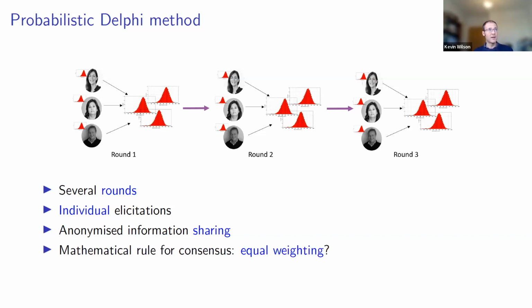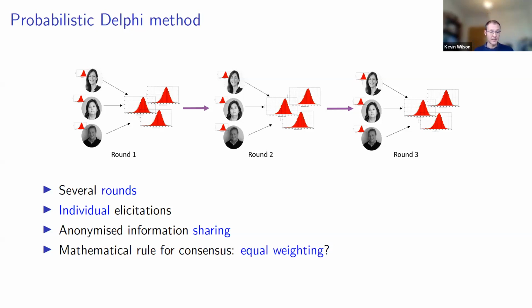I do like the idea that the experts get to share information. I think this is an important part of elicitation. So they're interacting with one another, okay, in this more limited fashion. At the end, though, if you've got 3 experts, you've got 3 different distributions. And for your risk assessment model or whatever it is, you may want to have just a single distribution summarizing your group of experts somehow.